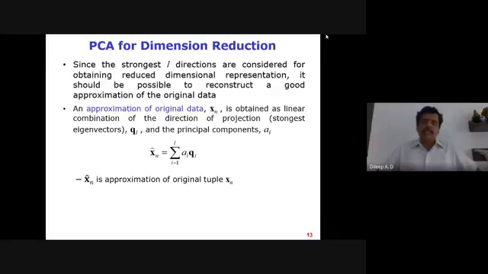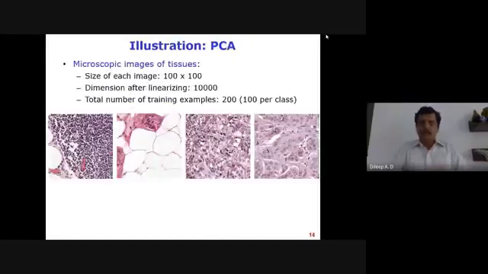It's important that if, instead of taking the eigenvectors corresponding to the leading eigenvalues, you consider the eigenvectors corresponding to the least eigenvalues, then these directions consist of only noise. No information content will be there. And when you reconstruct the data, you are going to see only the noise, not the information content. I will show you with an example how that is the case.